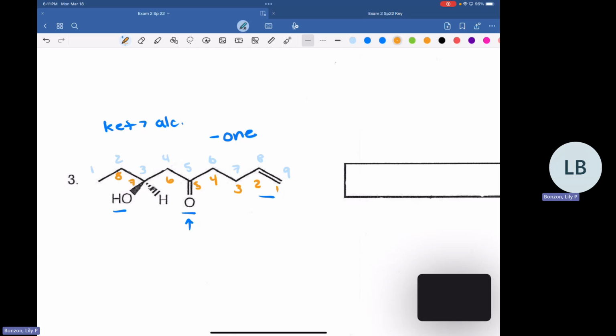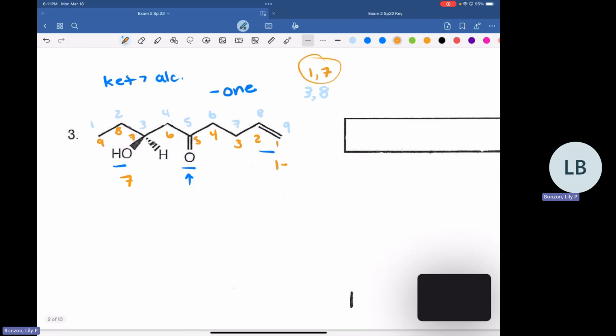Okay, and so then when we compare these two, we can look at the substituents, which are now going to be the alkene and then the alcohol, or the non-parent, I should say. And so with the orange numbering, the alkene here starts on 1, and the alcohol starts on 7. So we've got 1 and 7 for our numbers. In the light blue, starting from the left, we get 3 and we get 8 as the numbers that we'd put. So in this case, we're going to be going with orange because that gives us the lower numbers for those non-parent structures.